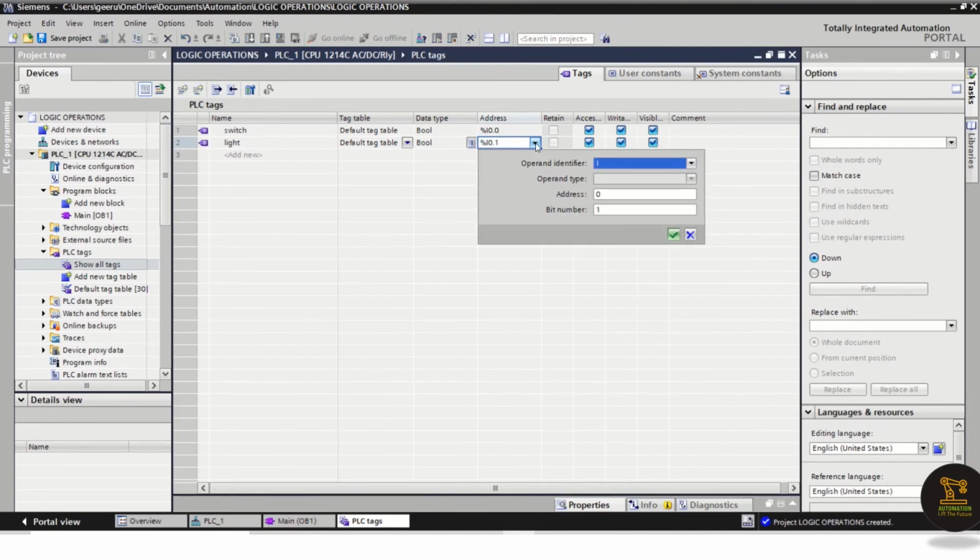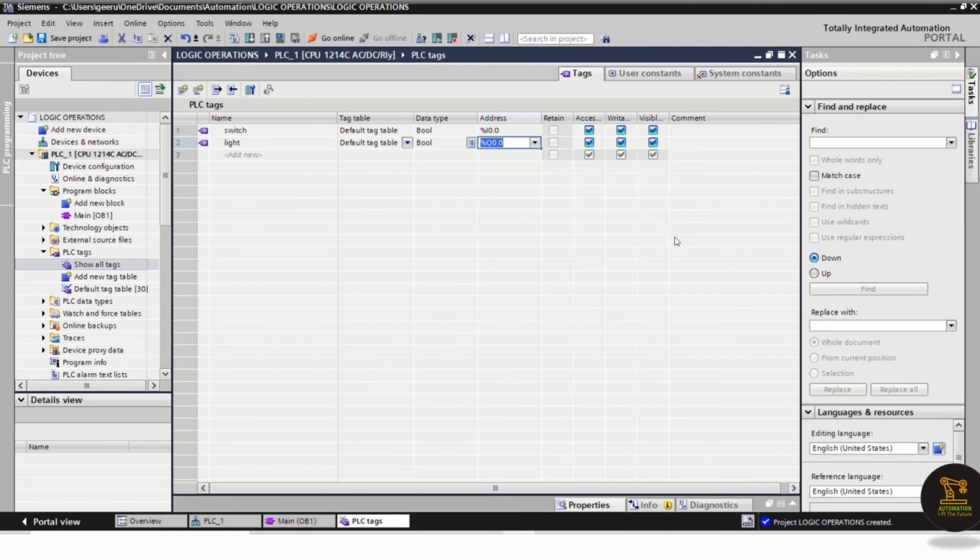If you want to edit it, expand this. Here I, Q, M: I for input, Q for output, M for memory, and we will discuss memory later. So we will only check with I and Q. Click on Q, and the address is 0.0. Zeroth byte, zeroth bit. So now you can see switch and light.